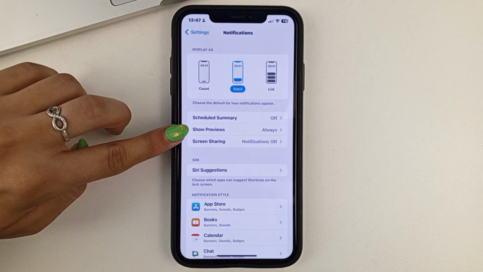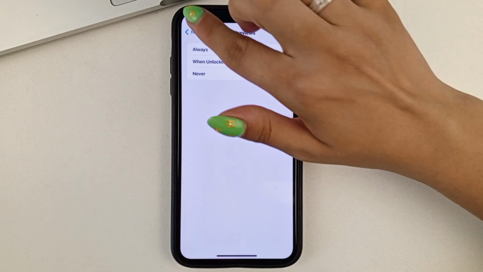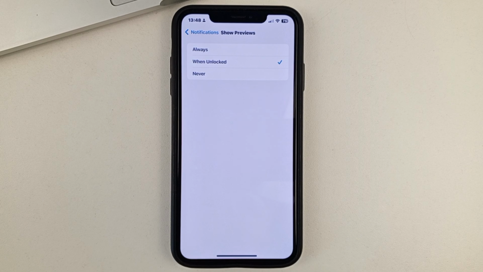And then go to this option here, View Notifications. And as you can see, both you and I will probably have the first one set to Always by default. So, you have two options on how you can hide this kind of preview. The first option is to select only when your phone is unlocked. That is, your notifications on the lock screen will only be visible when the phone is unlocked, and you swipe on the lock screen to see the contents of the message.